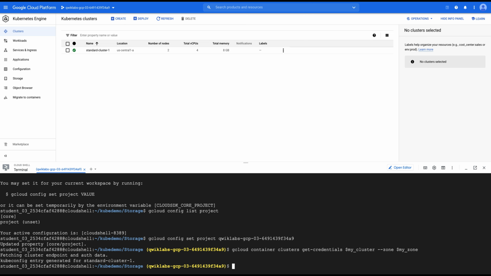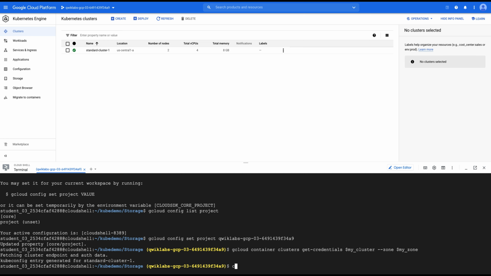Now we are going to create a PVC, that is a persistent volume claim. Most of the time you do not have to directly configure a persistent volume object or create a Compute Engine persistent disk. Instead, you can create a persistent volume claim, and Kubernetes will automatically provision a persistent disk for you. To do that, I have a YAML file, so let me show you that.